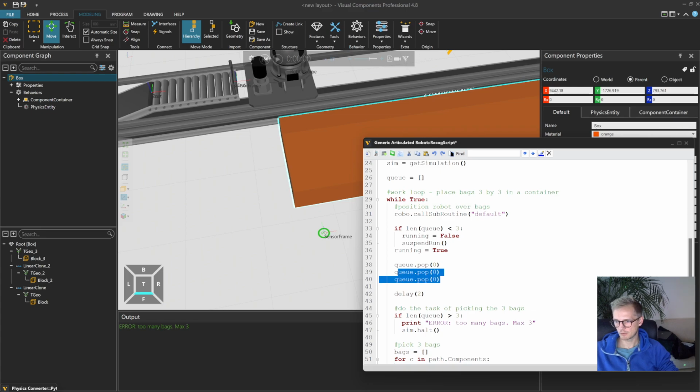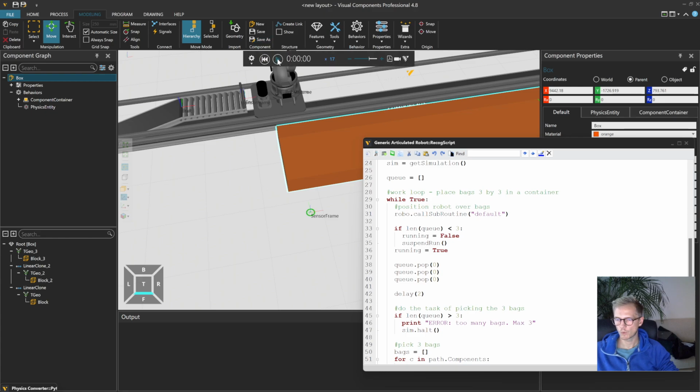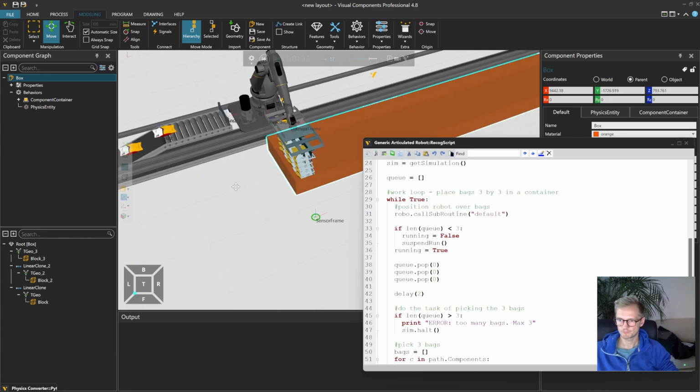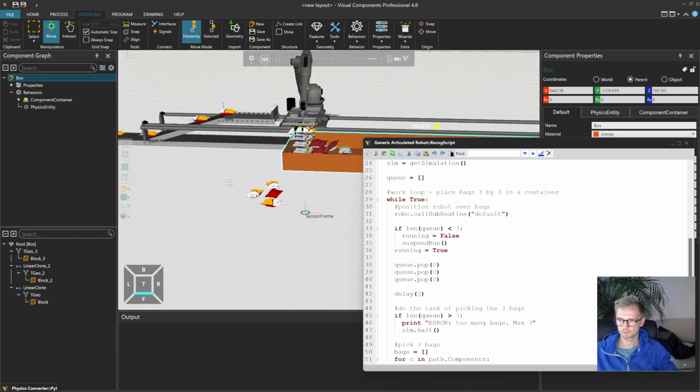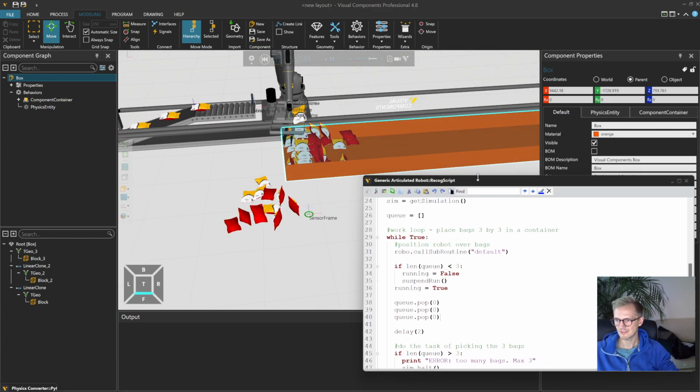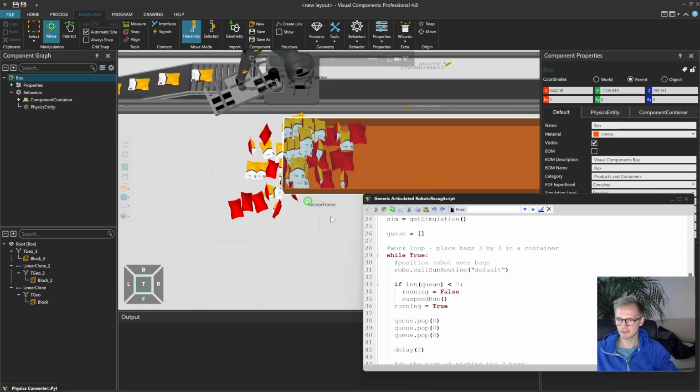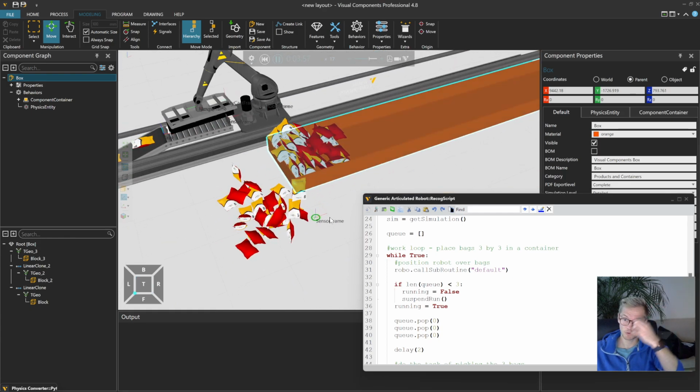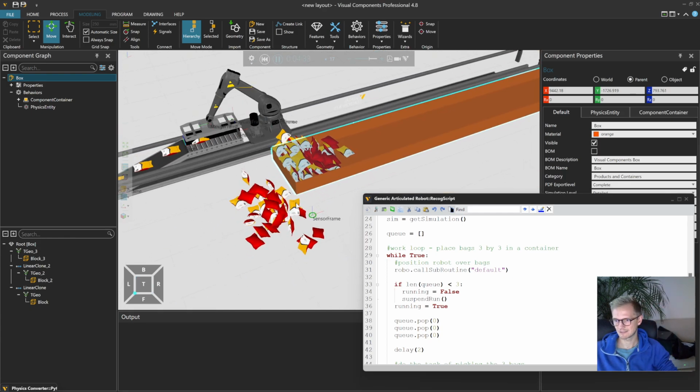I'm gonna pop the queue 3 times. Because we need to empty the queue or this code crashes the second time. This is looking not so good. I mean, the program is doing something, but